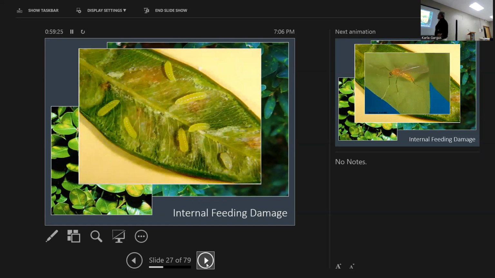A series of little larvae that may be feeding. Sometimes it's a fly larva. Sometimes there are wasp larvae that do some things like that. So in essence, they're interior to certain leaves, they're feeding on them. Lots of different mechanisms because there's so many species. What's interesting is that